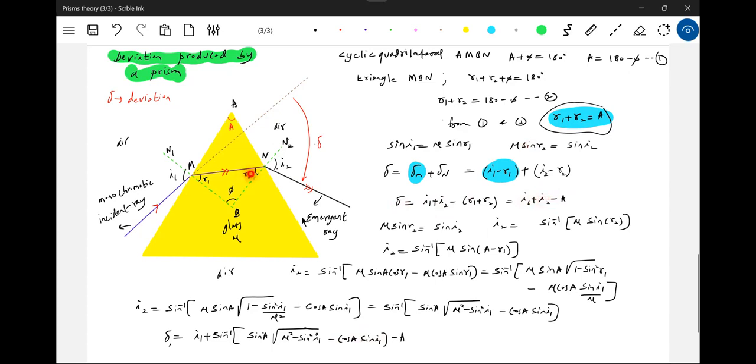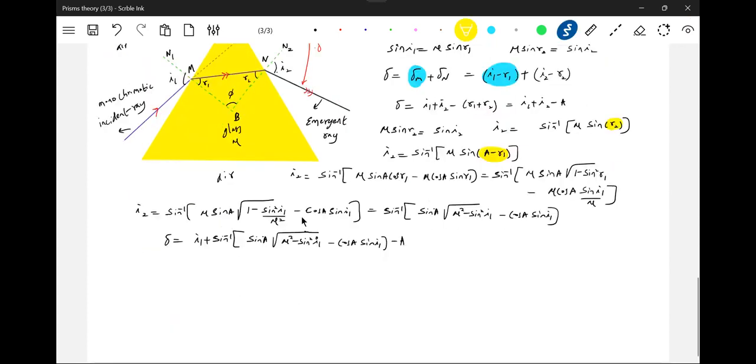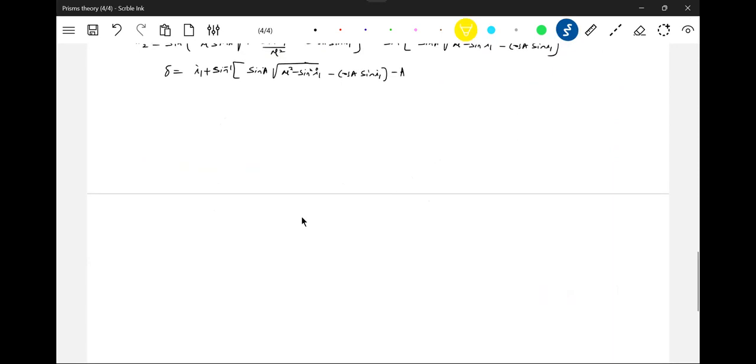First, mu sine R2 is equal to sine I2. Then I2 equals sine inverse of mu sine R2. R2 is equal to A minus R1, I'm replacing this. Hope you get it. Then applying the sine of (A minus R1) formula, I'll end up with this formula. Finally, I'll get the expression for deviation. So when I plot this deviation as a function of angle of incidence, the curve will be